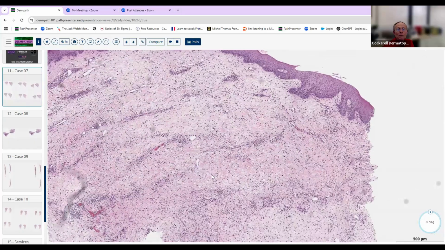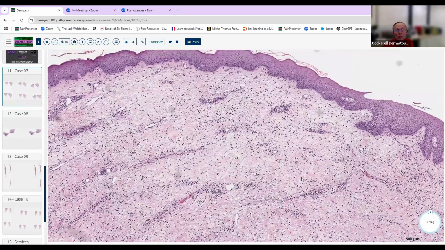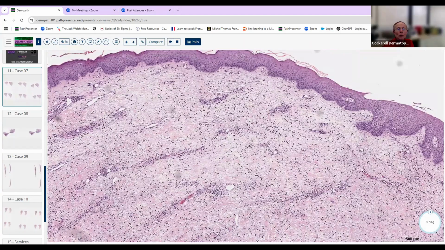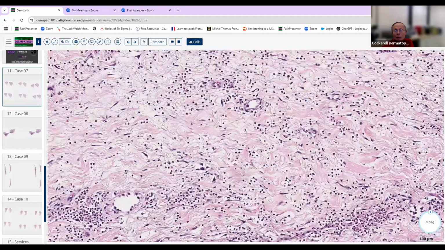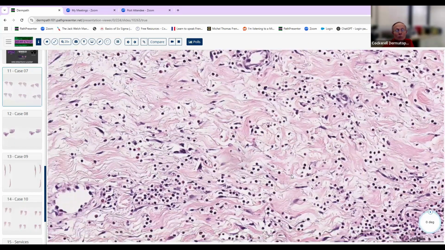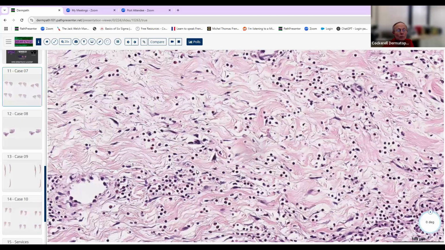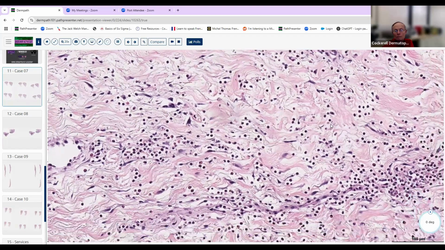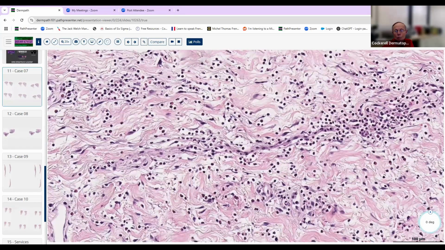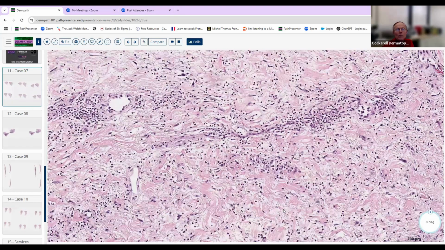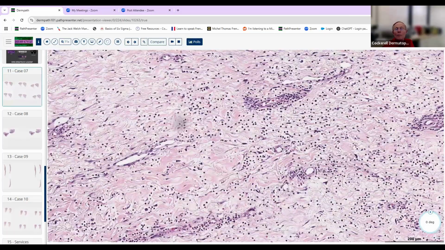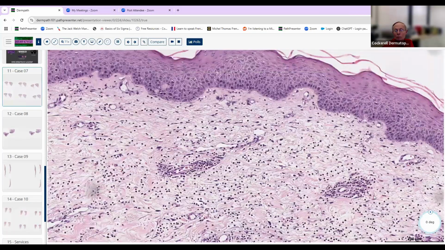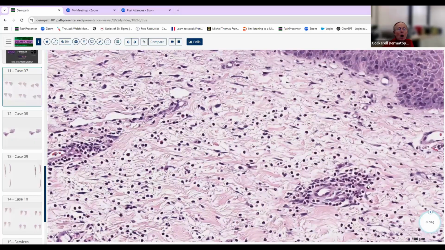So as we go to higher magnification, indeed, we do see that there's a pretty brisk interstitial infiltrate now that we didn't really see that well at low magnification. And as we go to higher magnification, these cells are mixed. There's some eosinophils in here. Most of these cells are actually neutrophils here. So there's a lot of neutrophils, and there's some eosinophils, but there's a lot of neutrophils. There may be some lymphocytes here, but actually, as we go to higher magnification, we see that virtually all of